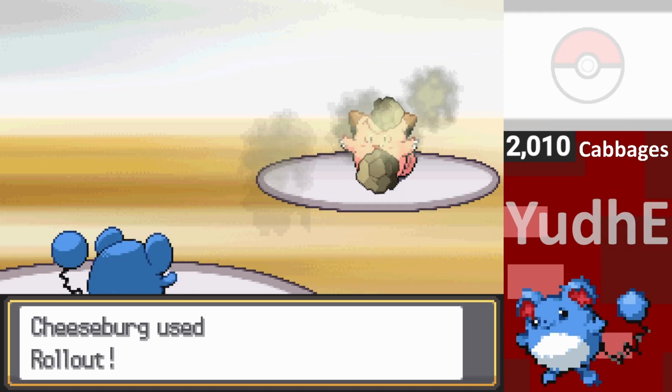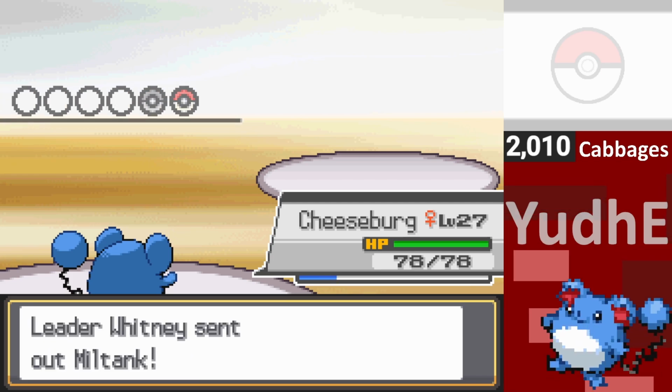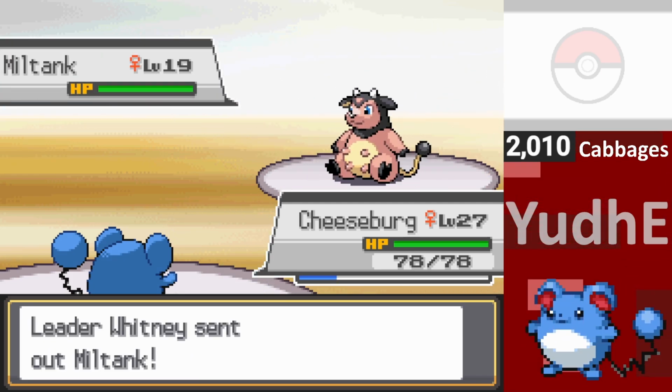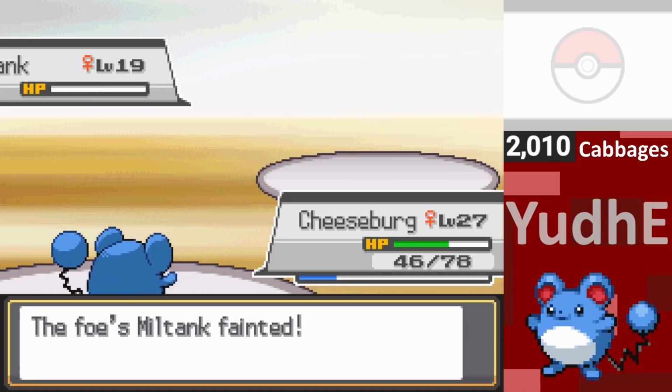On my next attempt, we knock out Clefairy using a couple of Rollouts, and now up next is the Miltank. All we need to do is not flinch and not miss. The first Rollout connects, and the second one knocks it out, and just like that, we beat Whitney and earned